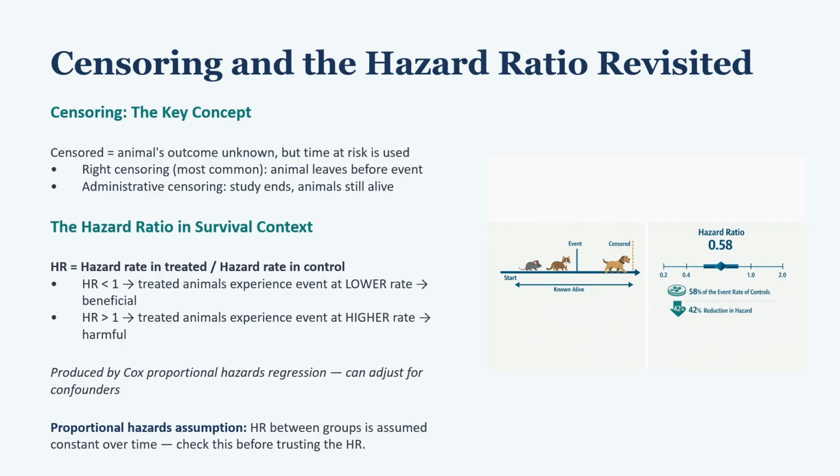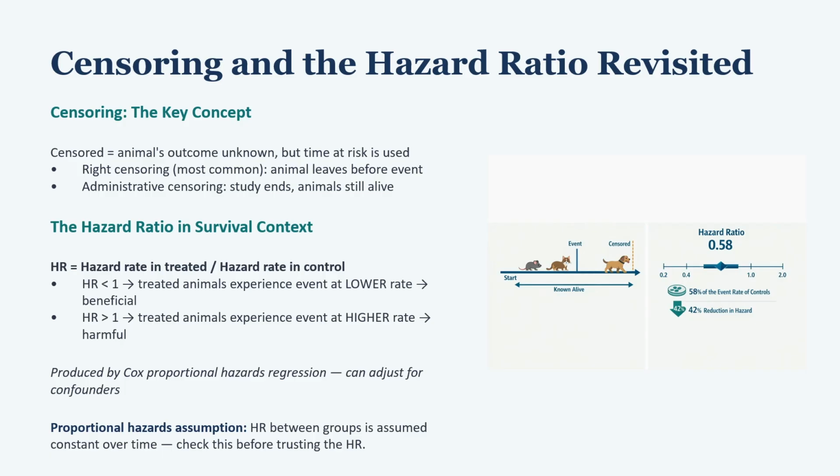The hazard ratio is produced by Cox proportional hazards regression, which is the most common multivariable survival analysis method. Unlike the Kaplan-Meier estimator, which is purely descriptive, Cox regression allows you to adjust for confounders. You can produce a hazard ratio for treatment that controls for age, breed, tumor grade, and any other variables that